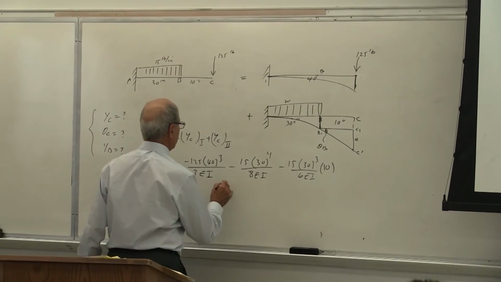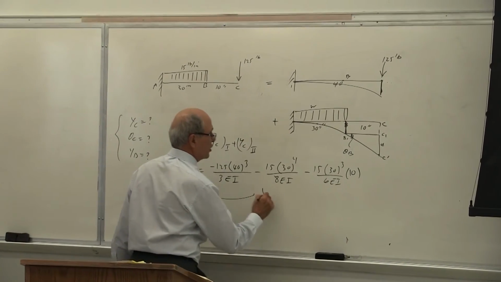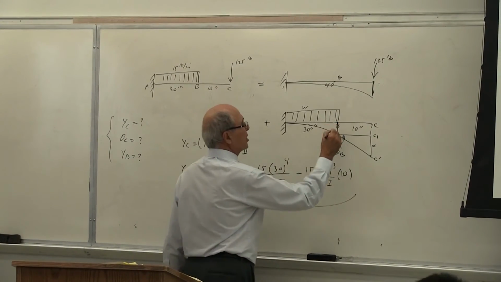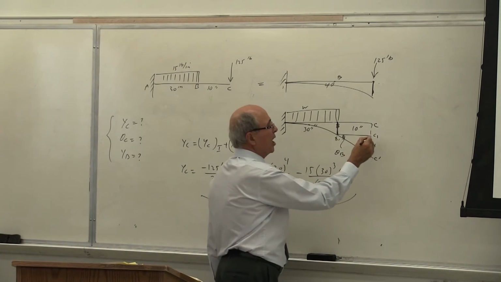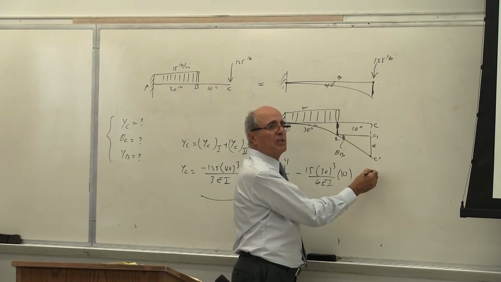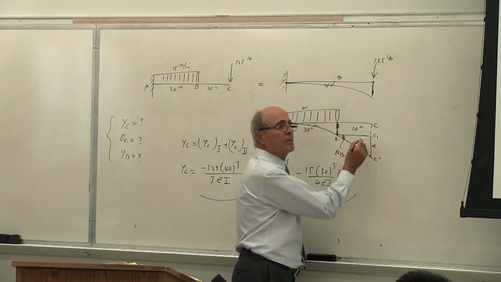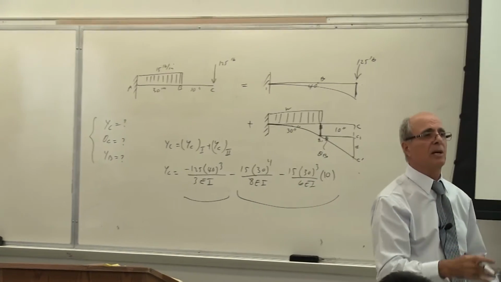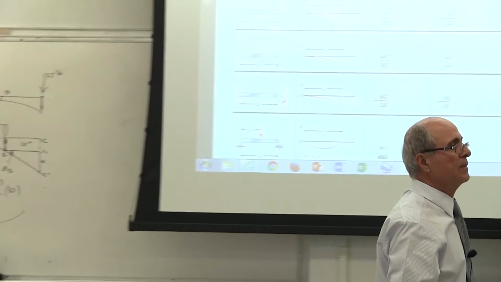This, which is already, I put it there. See that? This is case 1. For case 2, I have this combination. First, I calculate BB1. Then I want CC prime. Yes or no? But CC prime equal to theta times 10, or tangent theta times 10. Is that correct or not? Yes?